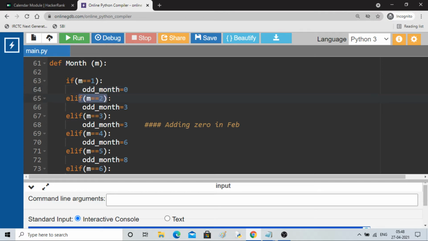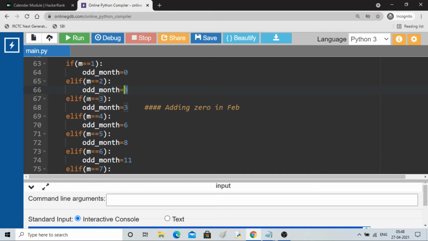Else if the month is February, it will collect the odd number of days in a month for January. This is for January, right? You are not collecting it for February, you are doing one less, right? So if it is March, then you will collect till February, but February's odd days are dependent upon leap year, right? Whether the given year is a leap year or not. So what you are doing is adding 0 here. I'll add 1 in case of leap year later on.